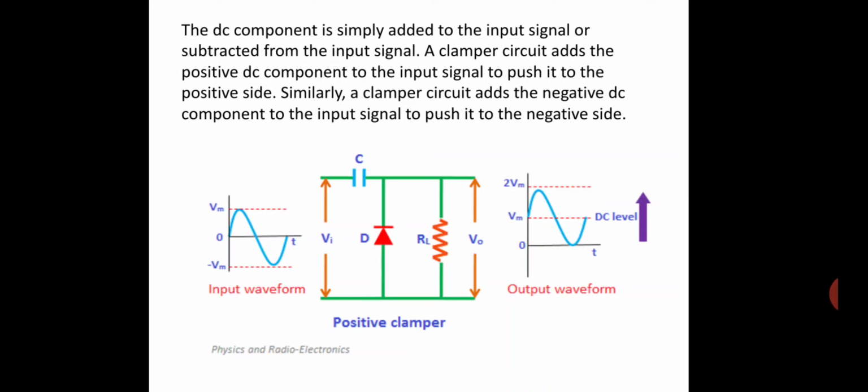In the positive cycle the input is Vm, the capacitor charge is Vm, both are added, the diode is reverse biased and open, and the input and capacitor charge added is 2 Vm and appears across RL. In the negative cycle the diode is forward biased, a short circuit, and the output does not appear across RL because the input is only charging the capacitor. So in the negative cycle the output is 0, but in the positive cycle the output is twice the input.